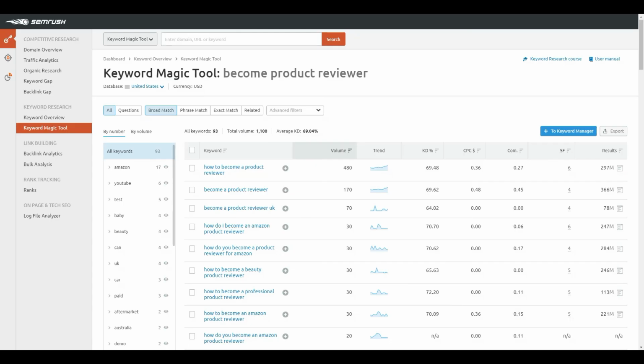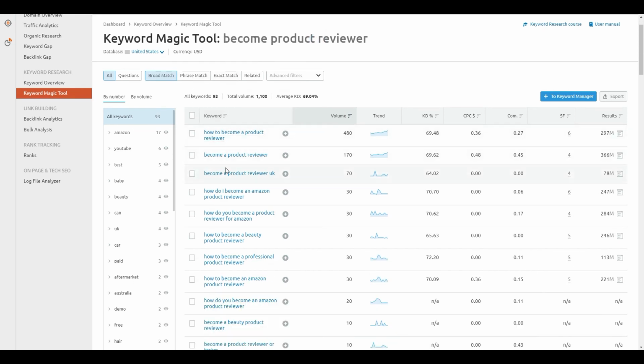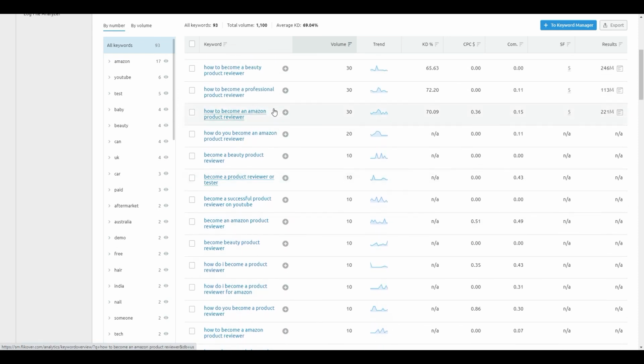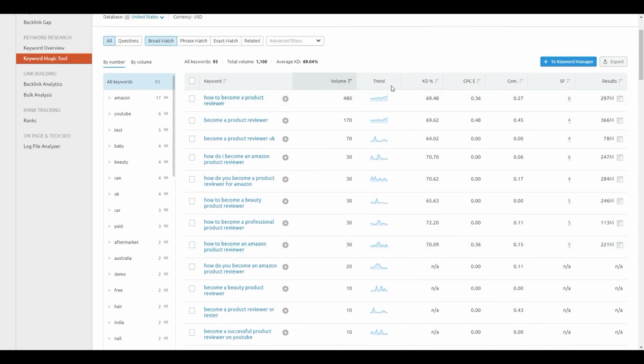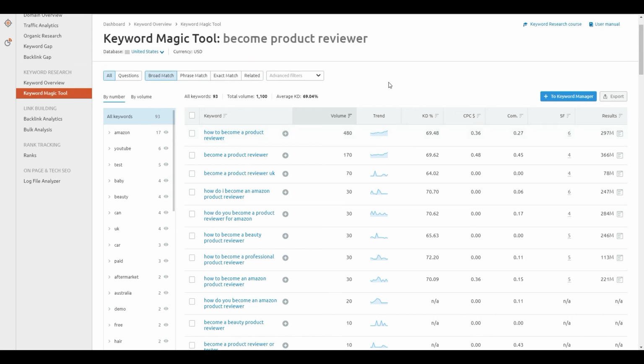Another tool we are going to see here is SEMrush tool. This is another premium keyword tool here. Again, I have put my topic here, and it gives me all the related keywords. You can see with the keyword volume, trend, difficulty and similar. You can use any of these tools, but find the best questions and give the best answers with FAQ schema. That's what will get you listed in FAQ snippets.